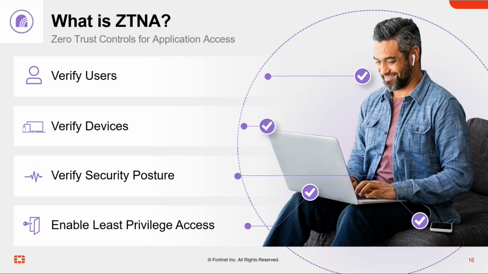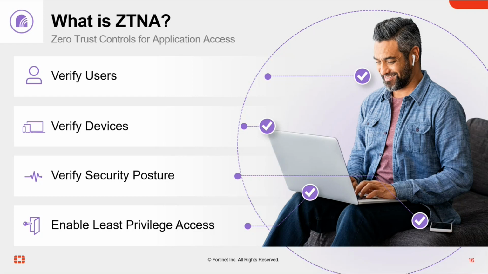Firstly, what is zero trust network access? Zero trust network access is essentially a component of what we call the zero trust edge. Specifically here, we're looking at the network access element. So we need to verify the user. Who is that user? Is it a corporate user? Is it a third-party user? Maybe it's a headless device, so there is actually no user behind this. Verify the device. Is it a corporate device? Is it a third-party device? Is it a headless device, so maybe it's an IoT type device?